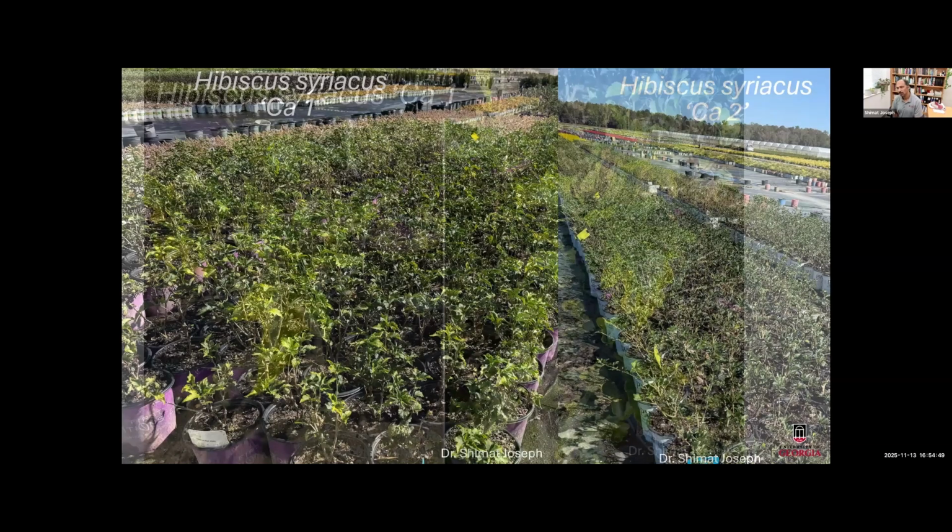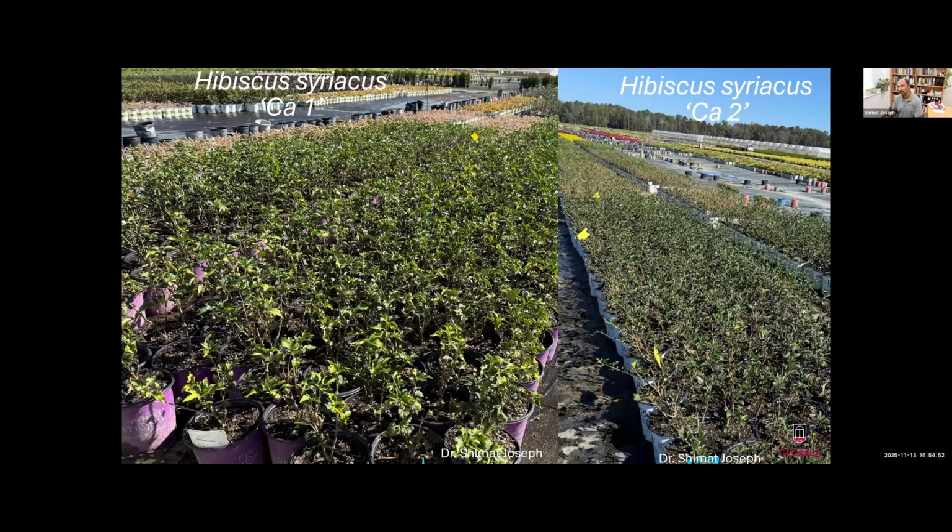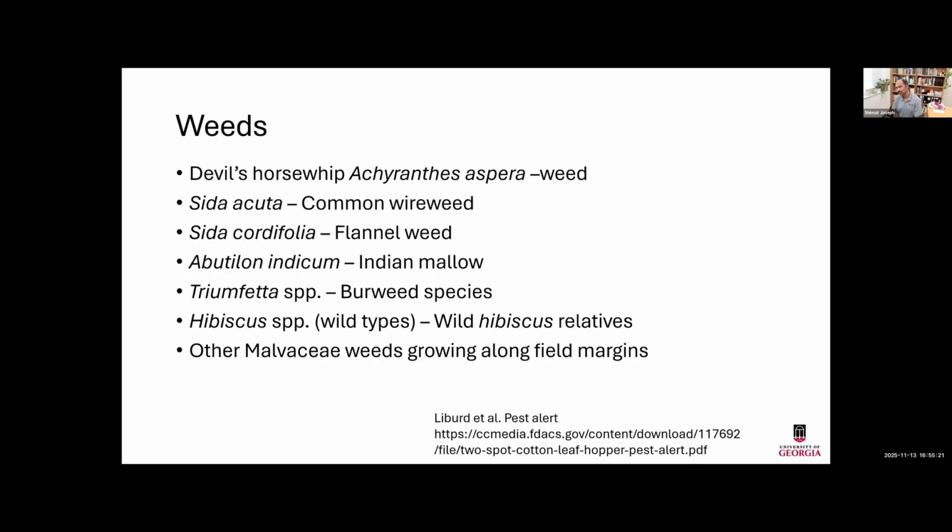I looked at two cultivars. You can see this one cultivar here, Barley. Another one is Purple Chiffon, or Lavender Chiffon, that's what it's called. But you see there is a difference here. In this particular variety, the damage is really bad. And this one has some yellowing, but not as much as that. So maybe there is a varietal preference or varietal population dynamics there that we might need to work on in the future.